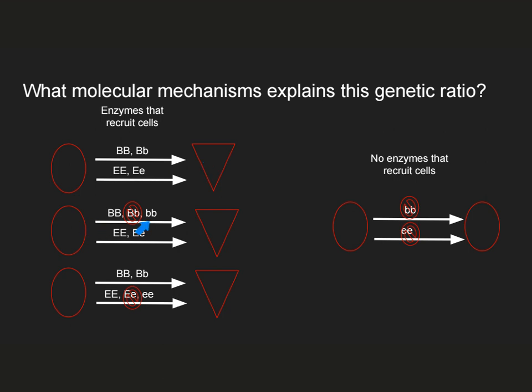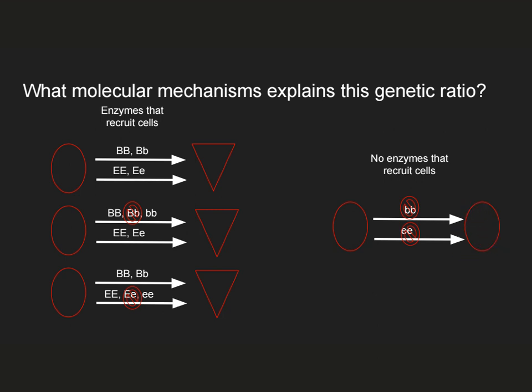In the second case, you could have the little b genotype, but that would be fine because the cell would just use the E pathway to create the triangle shape. In this case, you could have the little e genotype. That would be fine. The individual would just use the B pathway to make this shape. It's only when both of these pathways are broken, when there are non-functional alleles in both, that you get the